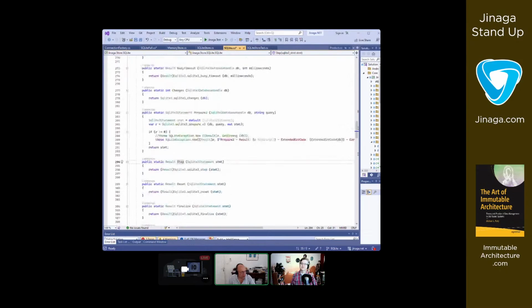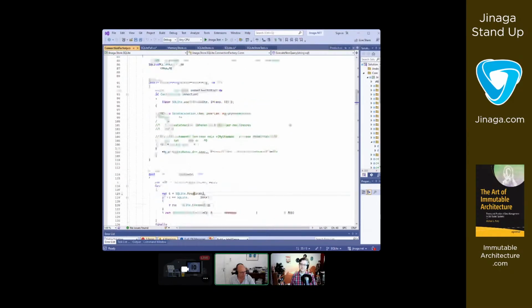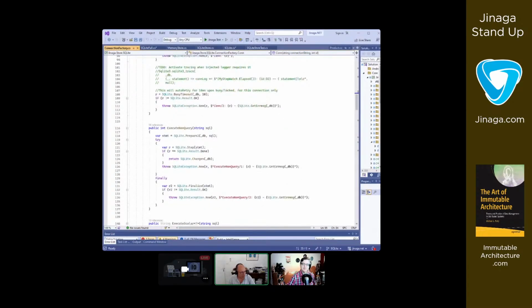All these I was calling directly from my connection factory. If we made a connection, we go directly to SQLite and we open the connection. If we execute a query, we prepare the statement, we step through, and we finalize, and we have the result.